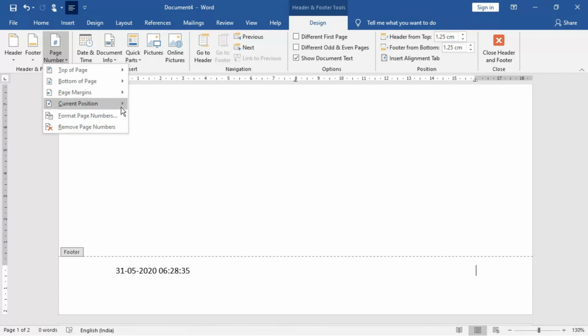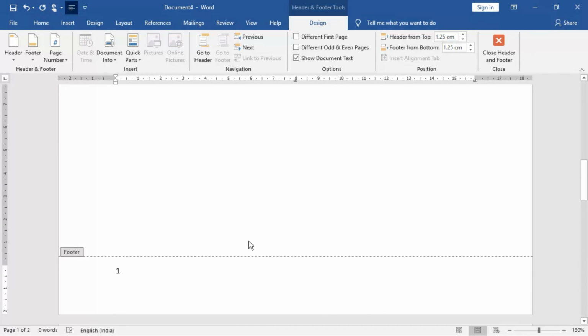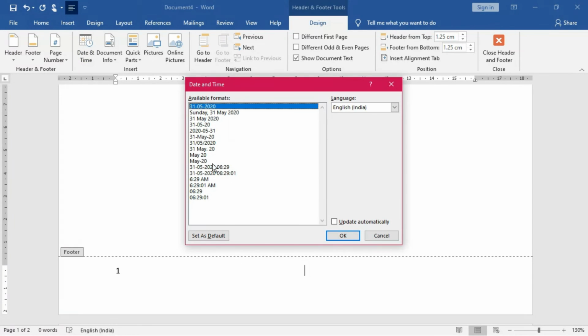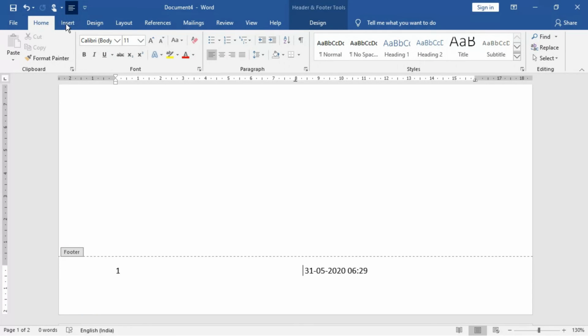Okay, so let's see, one minute. In this one I'm choosing out here. So the page number has been inserted. Once the page number has been inserted out here, you can go for date and time also over here. I'm inserting this one, click on OK. So it will remain out here. First you enter the page number, then you go for date and time. If you are placing any alignment icon from home, you can place the right aligned icon, so it will be aligned as you have done.